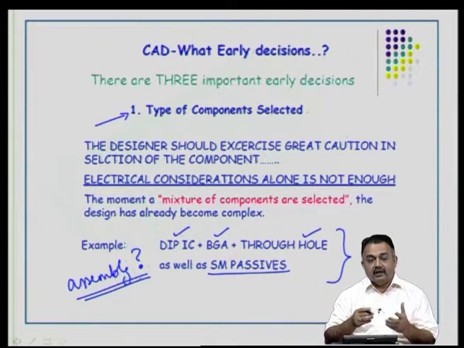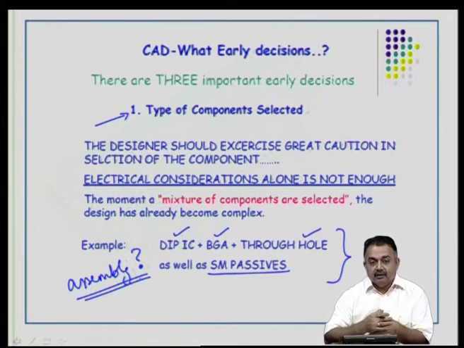So, when you start designing, you do not just look at the PCB alone. After the PCB is fabricated, you look at the board assembly, and only then is your design complete. So, this is a very typical situation. In some cases you will have a complete through hole assembly, in some cases you will have a complete surface mount device assembly, and in some cases you will have a mixture of components, and therefore, assembly is a problem, because the board will